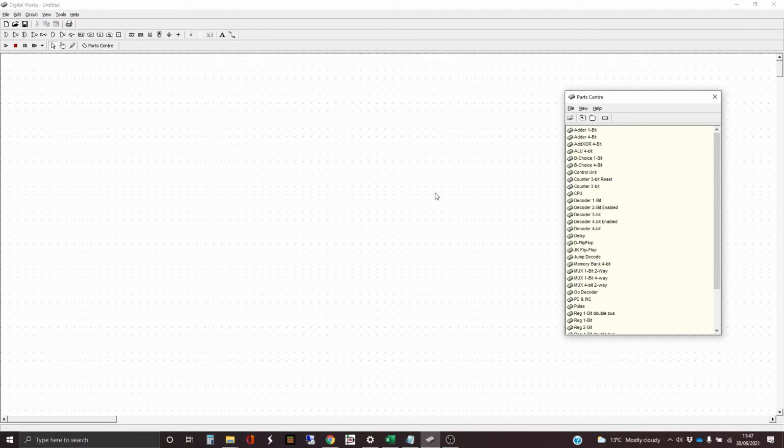The first thing I'm actually going to do, though, is start setting up the control unit. One of the features of the control unit is that there's a lot of output pins. And in order to make life easier further down the line, I'm going to be quite organized about this. So I'm going to set up quite a few of those output pins to start off with. I'm going to do them in a way that's a bit like a bus, but they're not. So I'm just going to put some tags in. And what I'm going to do is make these lines that I can tap onto down at